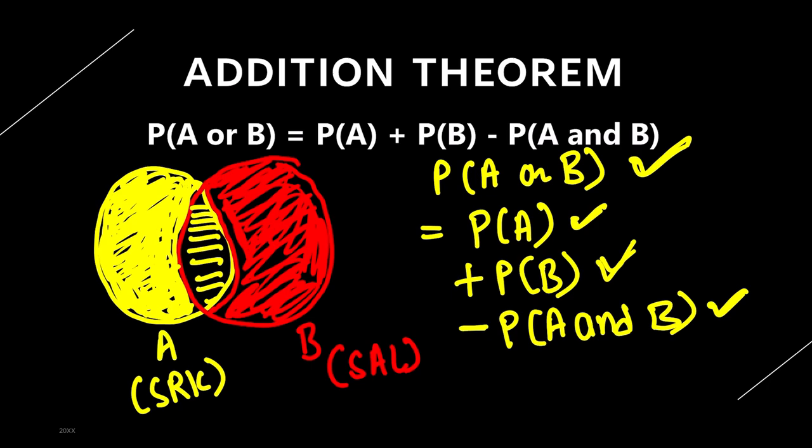I hope this is clear. This is basic set theory. If you want to go deeper into this, we have already covered it in the set theory part, where you will understand this topic better. For now, we are just understanding the formula: probability of A or B is equal to probability of A plus probability of B minus probability of A and B both, right? So now moving on.